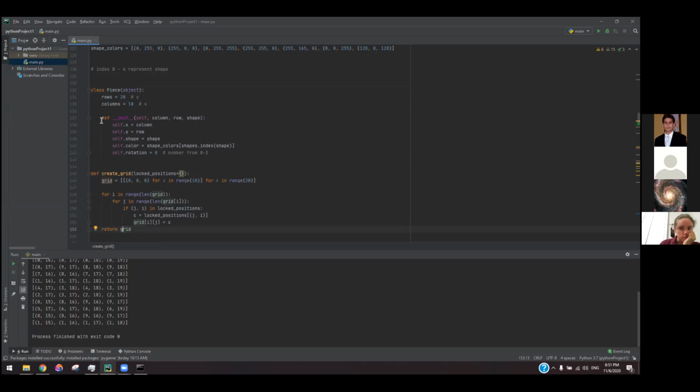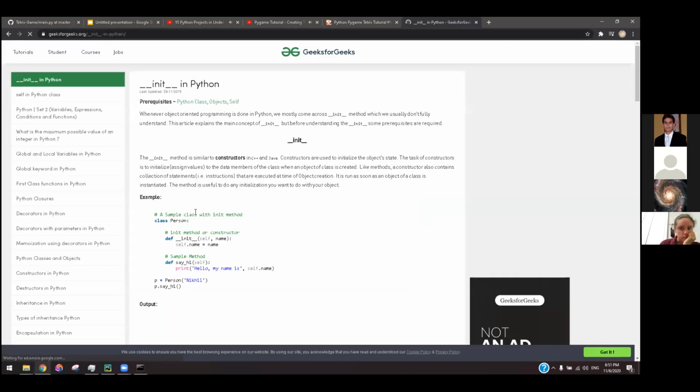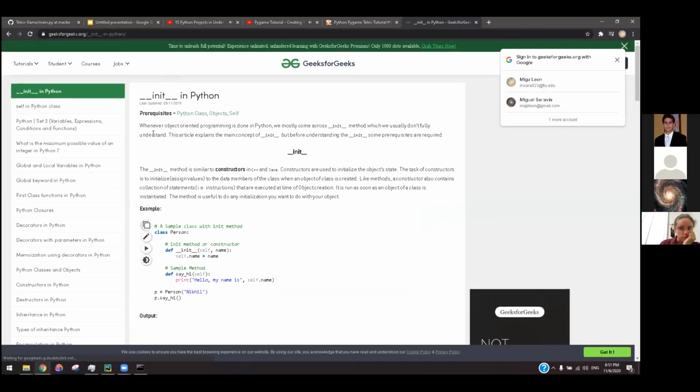And basically, we use this init, and this is really cool. The init on Python, this is how you do it. You always gotta Google stuff real quick. Whenever you're learning, just keep Googling stuff. So init is just to initialize.